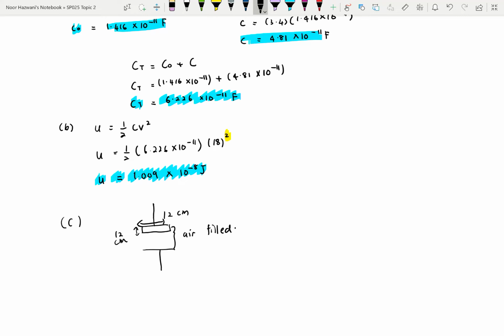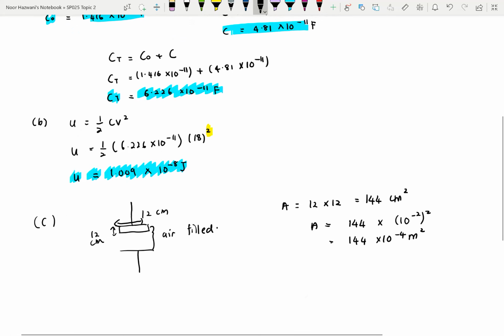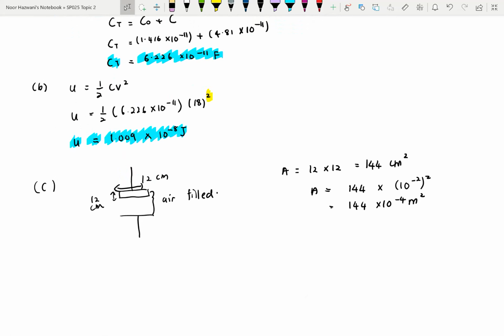Okay, so now you have to find the new area for the plates. So the new area you will get 12 times 12 which is equals to 144 cm squared. Then you have to convert to meter squared. So you 144 times 10 power of negative 2 squared. Okay, so you will get 144 times 10 power of negative 4 meter squared. So the new area. Okay, so they're asking for the energy, right? So we have to find the new capacitance value,